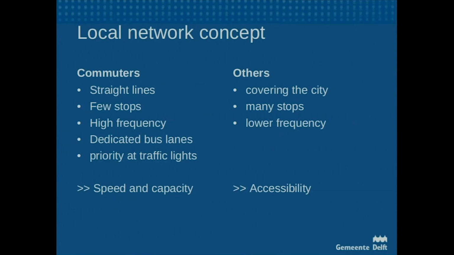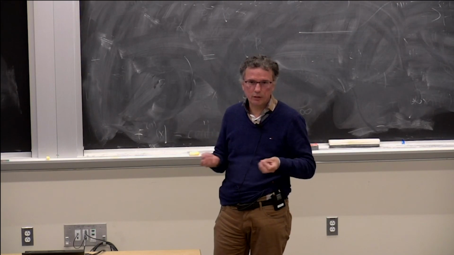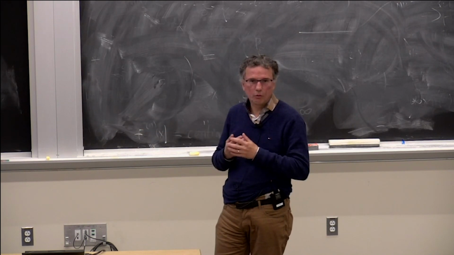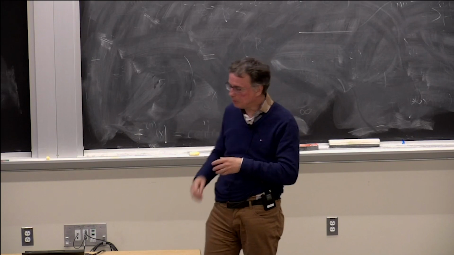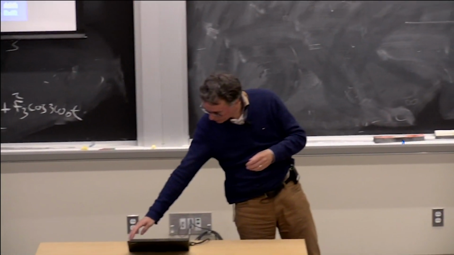The second group is everybody else, usually elderly people, people without a job, and we focus on them, as we say, they need the coverage. They have to go to many locations, so we make a citywide network covering every area, and that runs at a lower speed because we have to cover everything, and a lower frequency, but that's the way we handle public transport. The first group is growing, the second group is stable, if you look at the data.